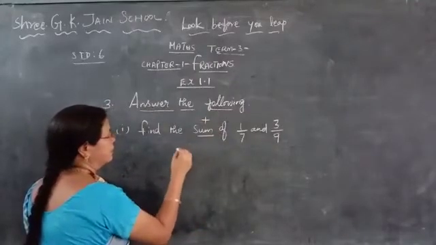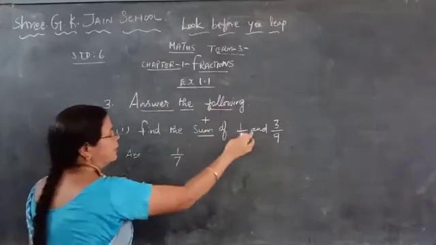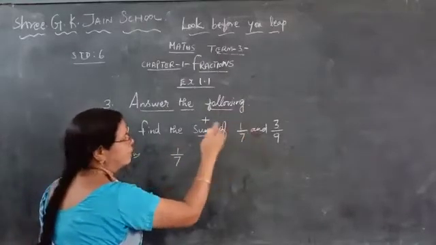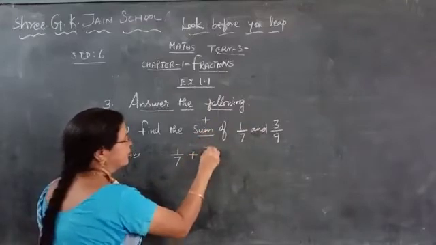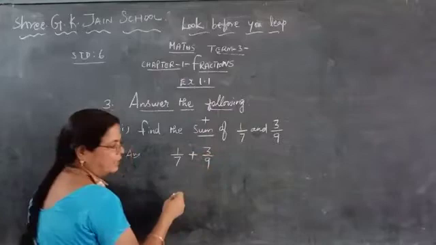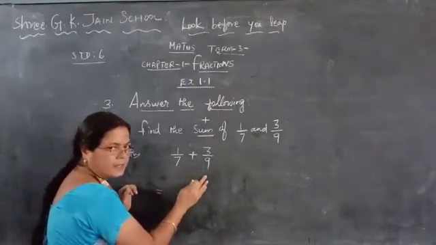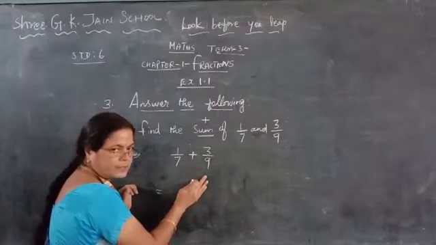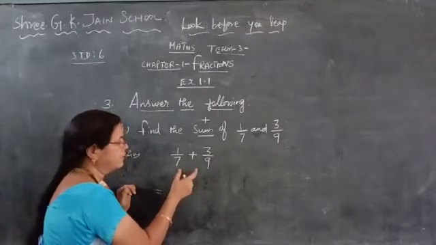Okay. Now, see here. Answer. See here, 1 by 7. Instead of writing "and", what are you going to write? Plus, because sum is given. So, plus 3 by 9. Now adding these two, look at the sum. The denominators are different, so we call that unlike fractions. So what are you going to do? Take the LCM.